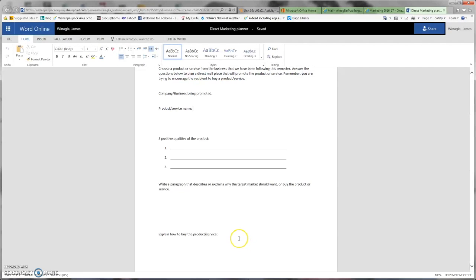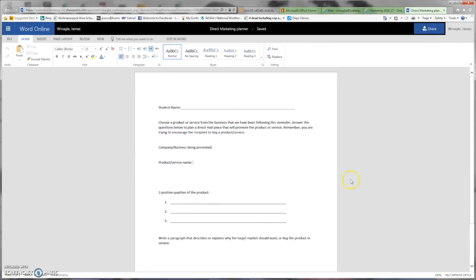And lastly, I want you to explain how to buy the product or service. We're going to use this outline to generate the content, the copy, for our direct mail postcard. When you have finished, save a copy to your drive and share your finished direct marketing planner with